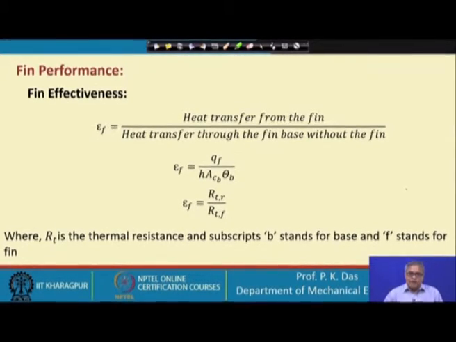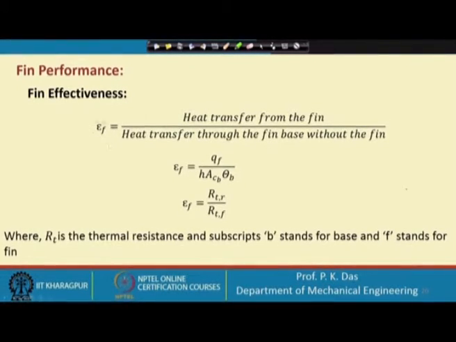That is one point. Another point: how do I know whether the fin I have designed is good or not so good? So, here we introduce some figure of merit, which will give us the goodness of my fin design, and at the same time it will make my life simple when I have to estimate how much heat transfer there is from the fin. So, it is like this. If we go back to the slide